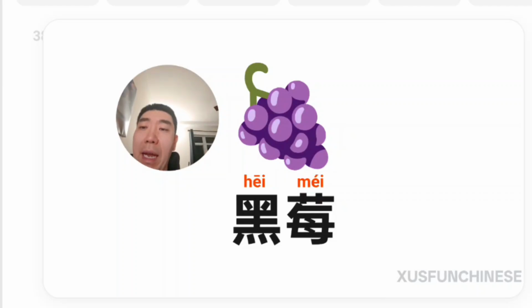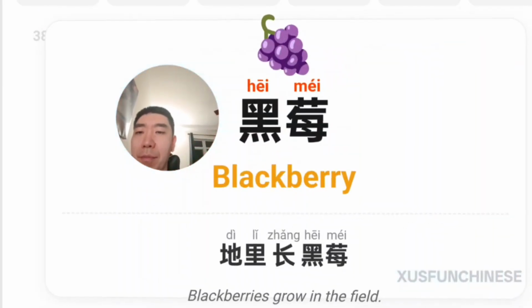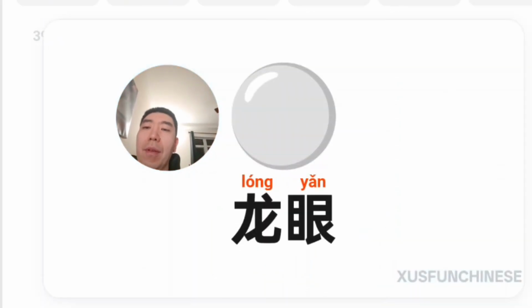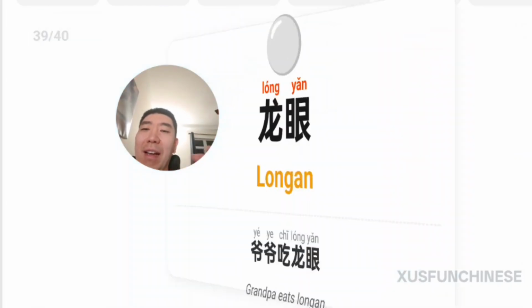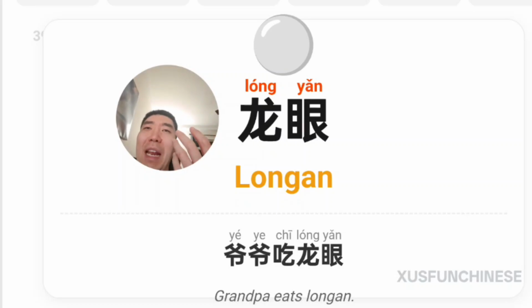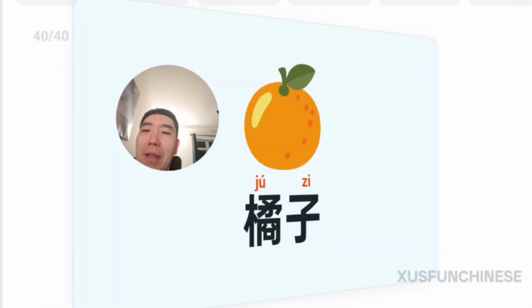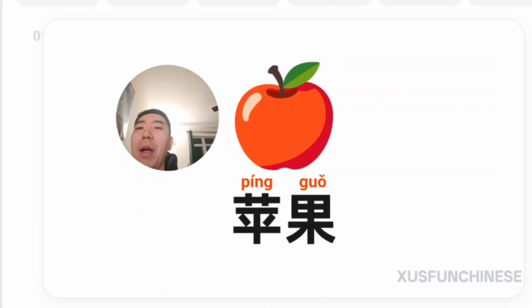黑莓。Again, 莓 is berry, hei is black, so 地里长黑莓, blackberry. 龙眼。Longyan, I think its English word is longan. In Chinese it just means dragon eye. So what is a dragon eye? 爷爷吃龙眼。They basically just phonetically translated from Chinese to English. They didn't translate dragon eye because that sounds so scary. Maybe I don't know the English pronunciation. 橘子。Oh, that's a simple one. 我剥开橘子。